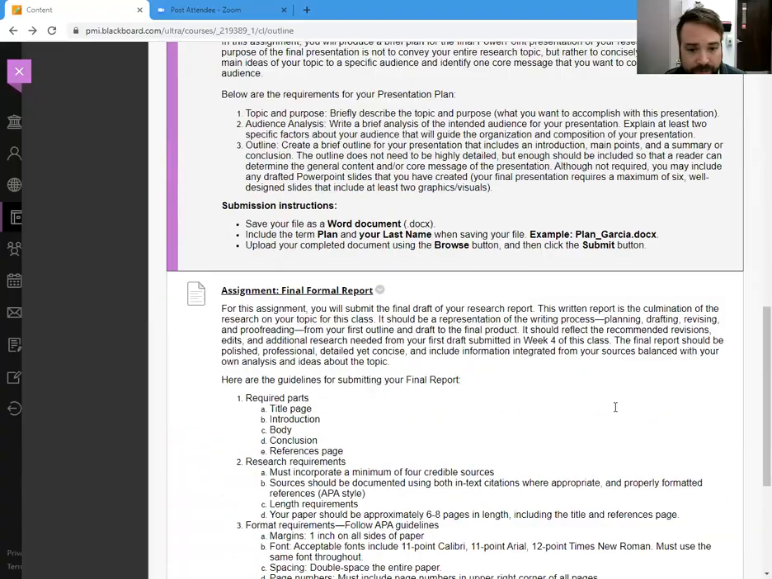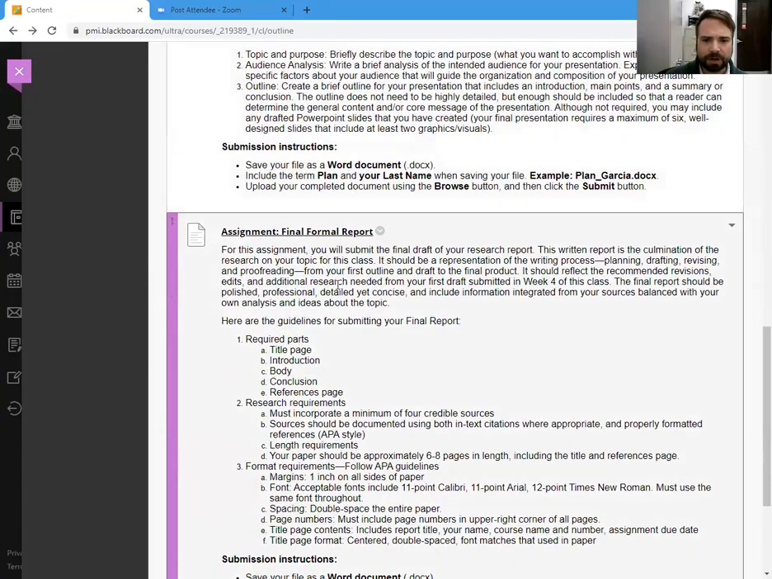Let's look then at the final formal report. All right, so for this assignment, you're going to submit the final draft of your research report. So we wrote the first draft of it. I gave you some feedback on it. This written report is the culmination of the research on your topic for this class. It should be a representation of the writing process, planning, drafting, revising, and proofreading, from your first outline and draft to your final product. It should reflect the recommended revisions, edits, and additional research needed from your first draft